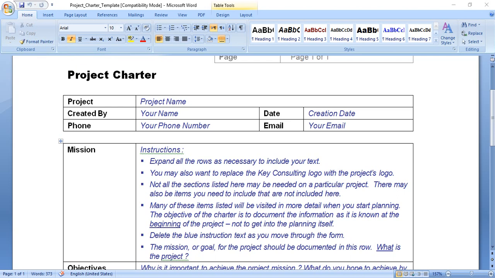Funding source: you have to select the appropriate funding source from one of the following: operation budget, technology fund, grant, or other. If other, be sure to specify all sources and the amount of funding from each source in the notes section at the bottom of the charter.